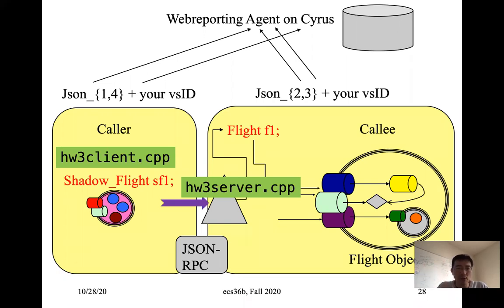It's about how to report, what mechanism you're going to use to report to the web agent. The second issue I'm going to talk about is what to report, what information you need to report. I already showed you a little bit of the code about what to report, but now I'm going to show you a little bit more detail in programming. And by saying this, you actually learn a little bit about programming, how to process JSON in the